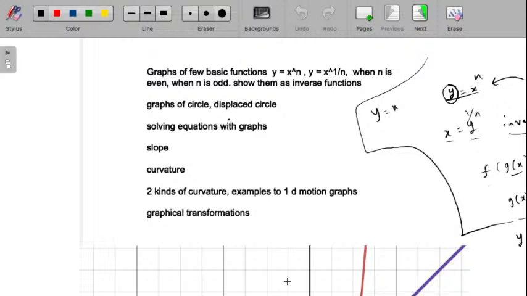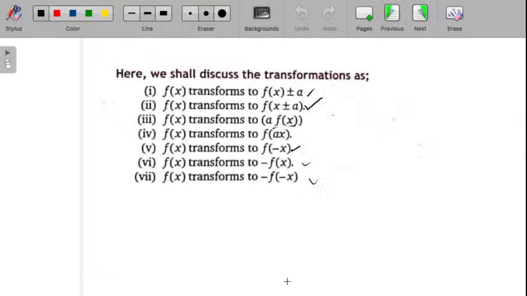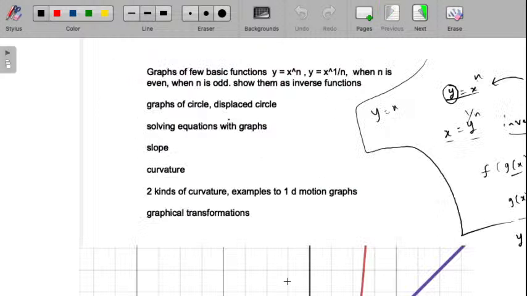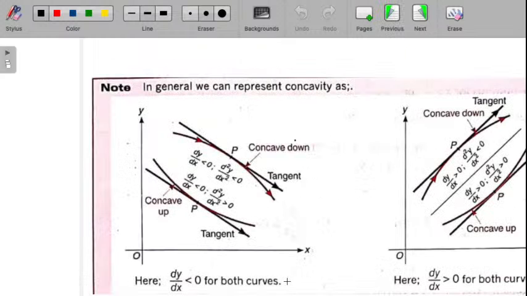How are these related really to the 1D motion? As we have already discussed earlier, these things are very much related to curvature, a concept which we are going to cover for 1D motion, a very important concept for 1D motion. How is curvature going to be reflecting the 1D motion? As I said, curvature tells us about the